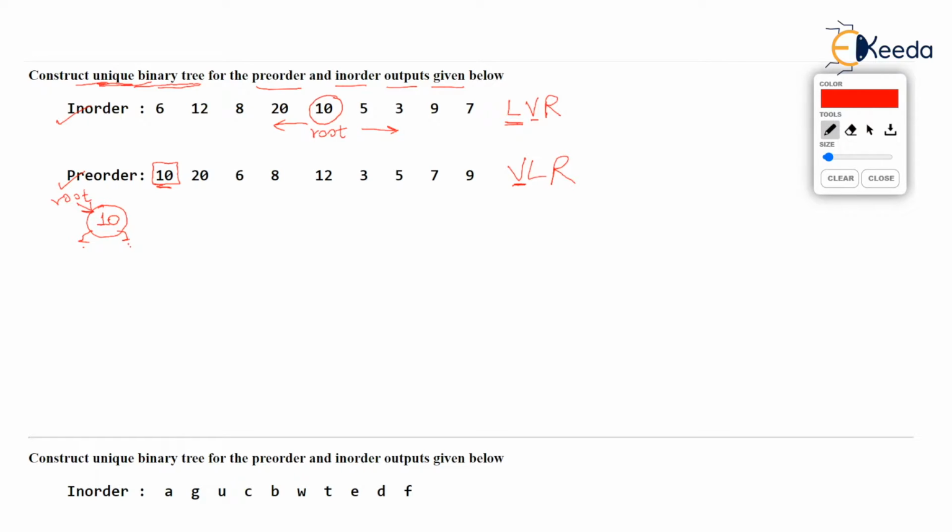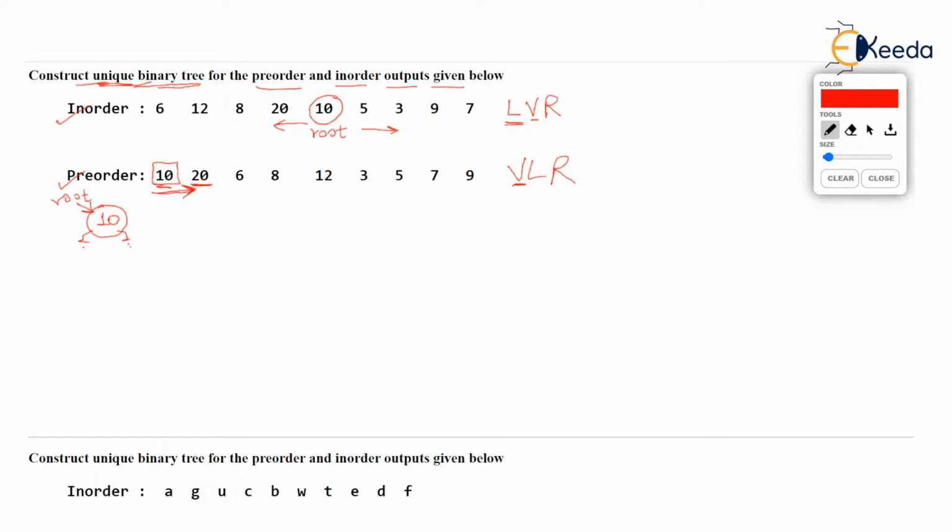Okay. Now we use pre-order further and we go to the next element of pre-order. Now you see the method to create the binary tree if pre-order and in-order are given. We use the pre-order traversal and we start from the left-hand side of pre-order and keep adding the values, data after data, as they appear in the pre-order. So now let's take 20. Now where should 20 go? Wait. Don't come to a conclusion that 20 will go to the right of 10 because 20 is larger than 10. No, not necessary. Wait a minute.